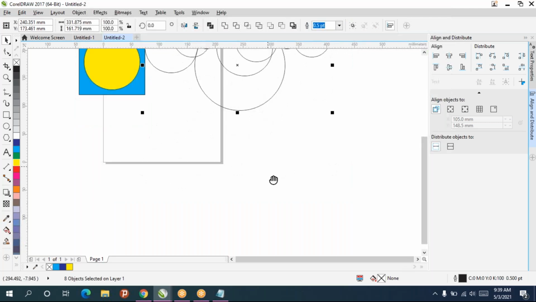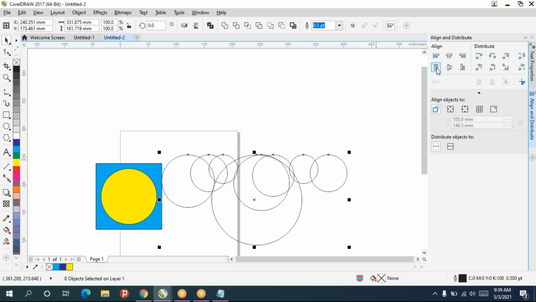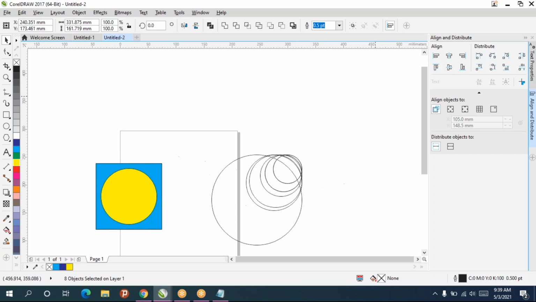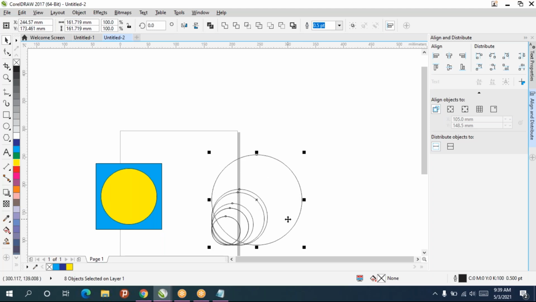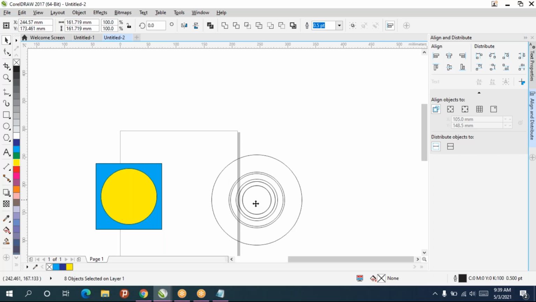See, I'll select every object, then I'll press T. So according to the top, everything is aligned. This one is top alignment, and right alignment, and left, L, according to the left side.